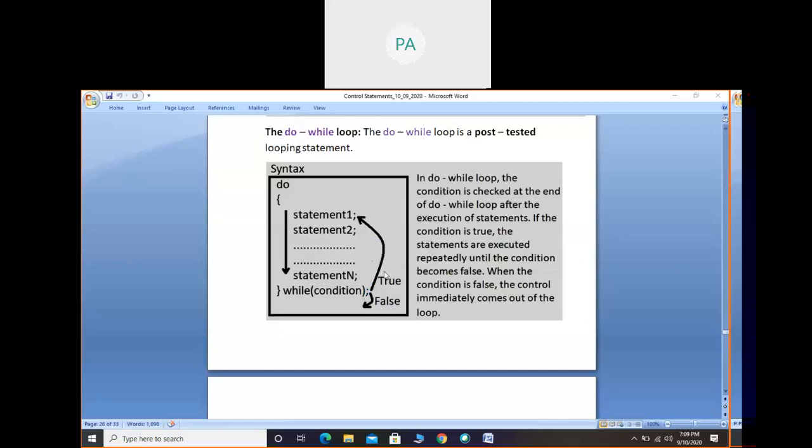I think yesterday people copied the syntax with explanation. I don't remember. So copy the syntax with explanation, and also use a pencil to draw this arrow mark so that it will be neat for you to understand. Copy the syntax and example explanation. We will move further with examples and programs.